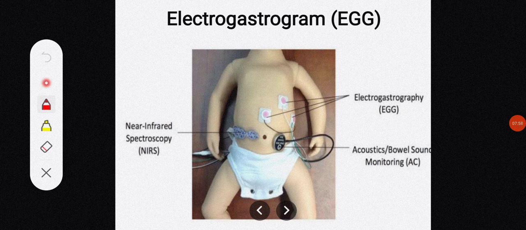For example, it includes the mouth, pharynx, esophagus, stomach, small intestine, large intestine, etc. And this is how the electrogastrogram is measured, using surface electrodes over the surface of the body over the gastrointestinal tract. So this was all about the recording of